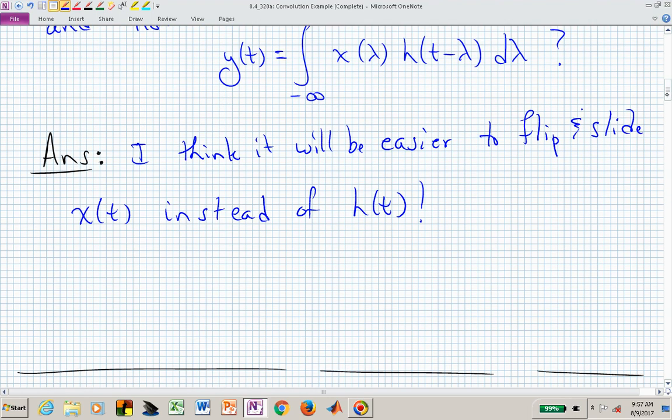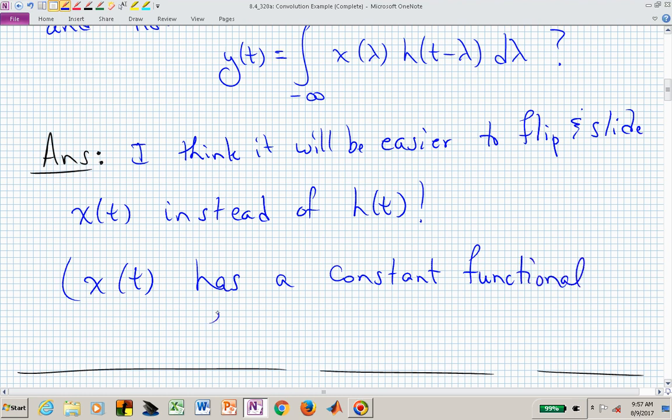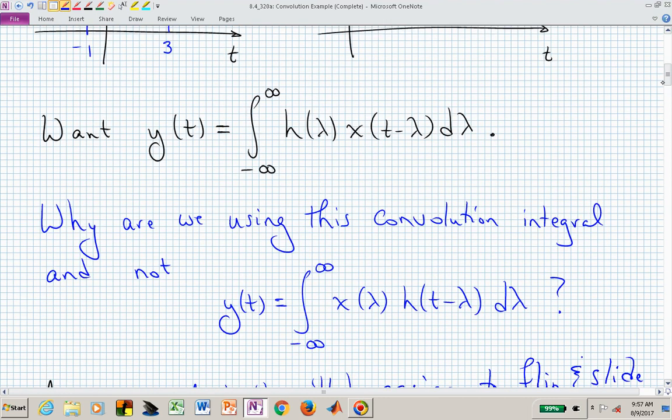The reason I'm thinking it's easier to flip and slide x of t is really because x of t functionally is a constant. I don't have to worry about this up and down or this shape of x as a function of t. It's just flat. So x of t has a constant functional form,